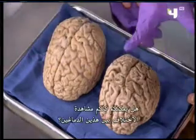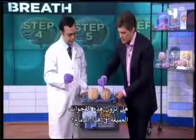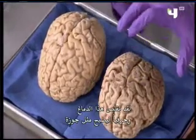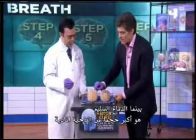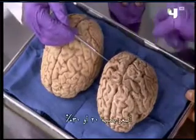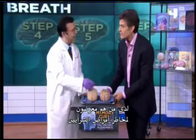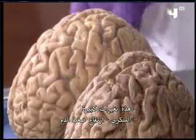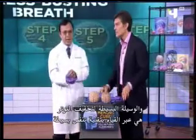So can you all see the difference between these 2? See how there are deep crevices in this brain? Literally, the brain is shriveling like a walnut, whereas the brain that's healthy is large. Physically, it's larger, even though the person's the same size. It's 20 or 30% smaller for people who have multiple vascular risk factors. Huh. These are massive changes. Diabetes, hypertension. So I recommend that people reduce the stress, and a simple way to reduce the stress is to